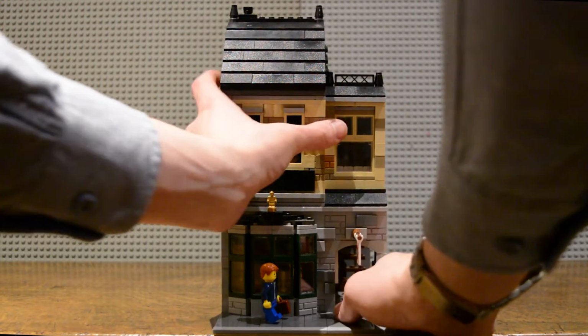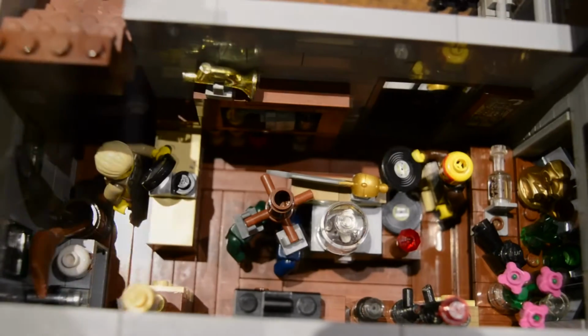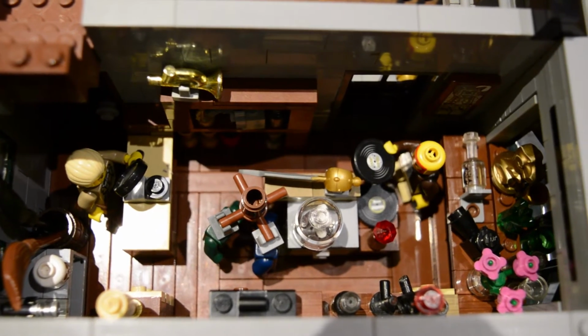Now let us move inside as we remove the first floor. The vintage store is absolutely jam-packed with items, as any good one should be. In the window display, a few items can be seen, notably a gold statue of a dinosaur and some crystal. In front of this, a ship and a bottle is being displayed, beside the tiniest representation of a Bolex camera